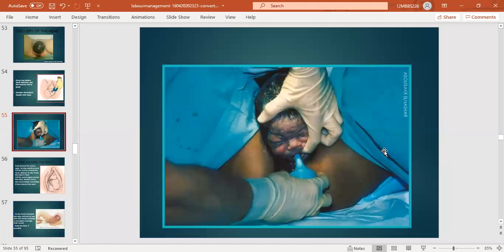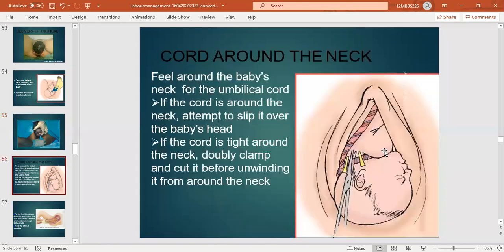As soon as the baby is delivered, put the baby on the maternal abdomen. This will give the added advantage that the baby's temperature will be maintained. There is skin to skin contact and that will increase the bonding of the baby. Meanwhile, you have to clear the baby's mouth and nose, and dry the baby. It keeps the mother very happy if you keep the baby on the maternal abdomen. When she touches her baby, she feels very happy. And then after 3 minutes you clamp the cord.